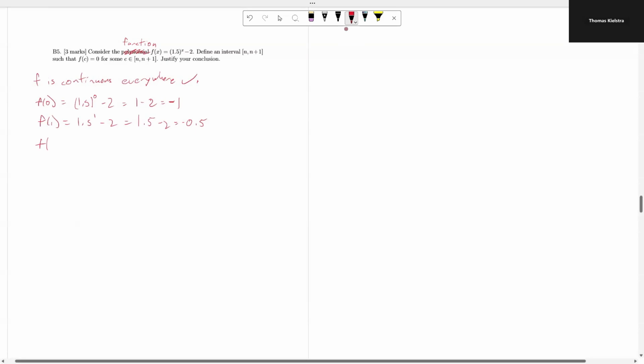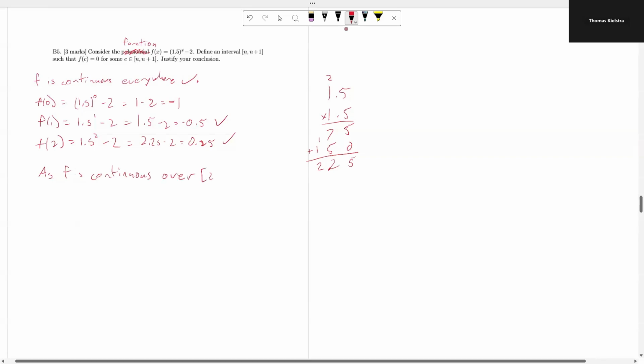So let me check my next one. F of 2 equals 1.5 squared minus 2 equals 2.25 minus 2, which equals 0.25. Yay! They're opposite sides. So now as f is continuous